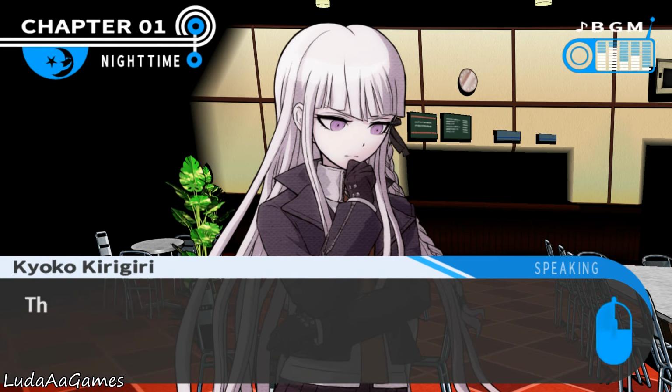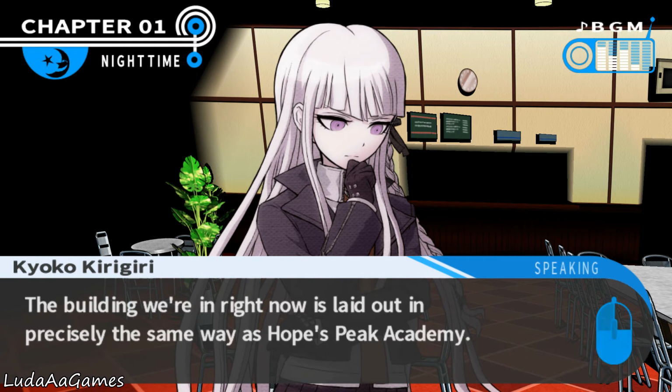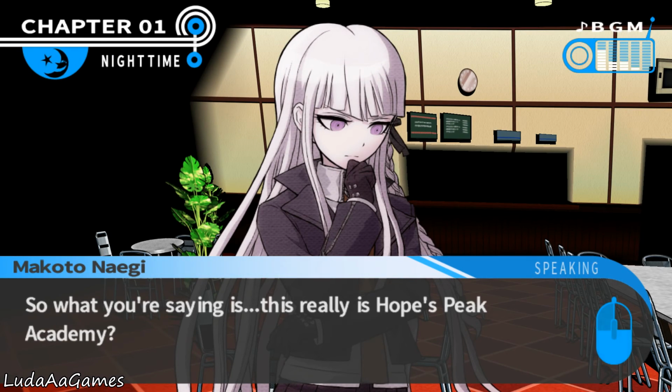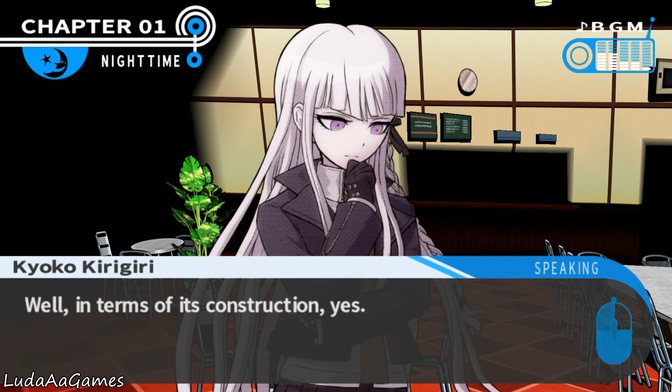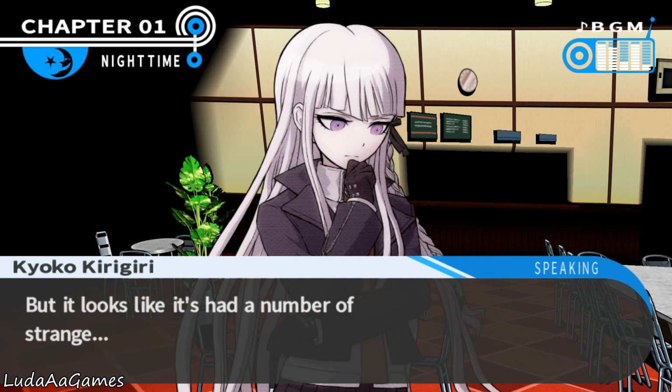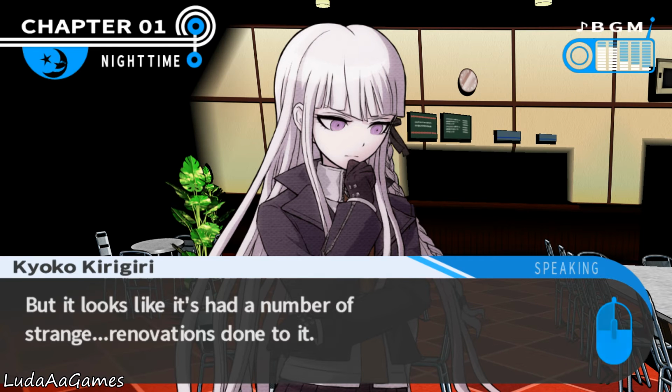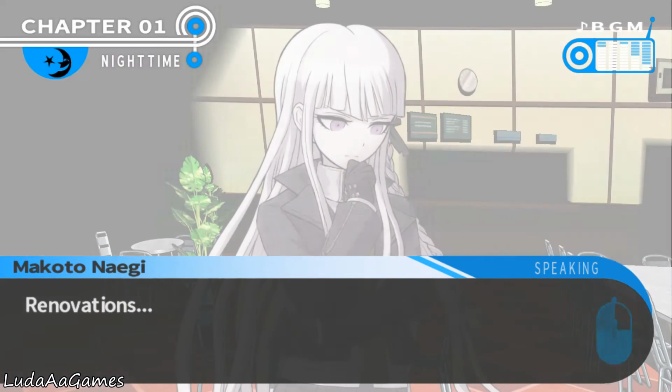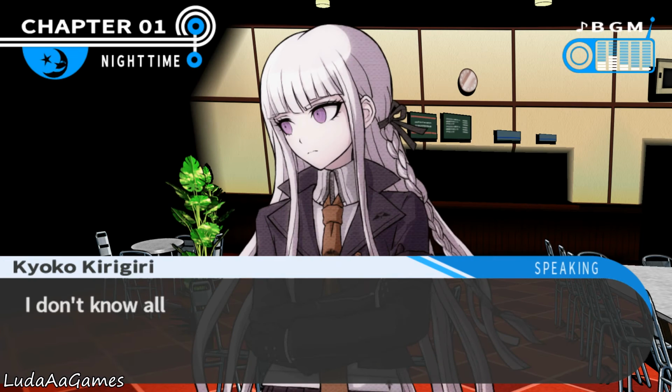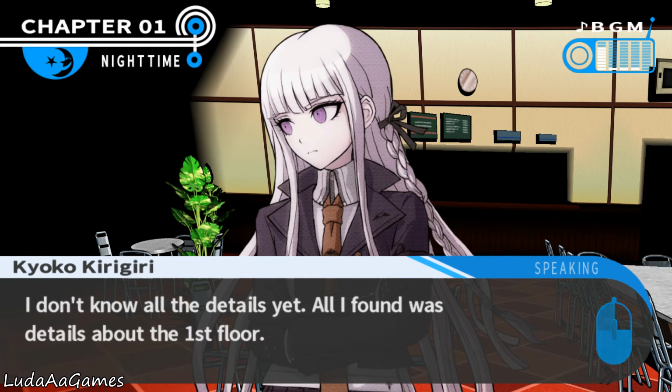It would seem... just look at it. The building we're in right now is laid out in precisely the same way as Hope's Peak Academy. So, what you're saying is, this really is Hope's Peak Academy? True. Well, in terms of construction, yes, it is. But it looks like it had a number of strange renovations done to it. Renovations? However... I don't know all the details yet.